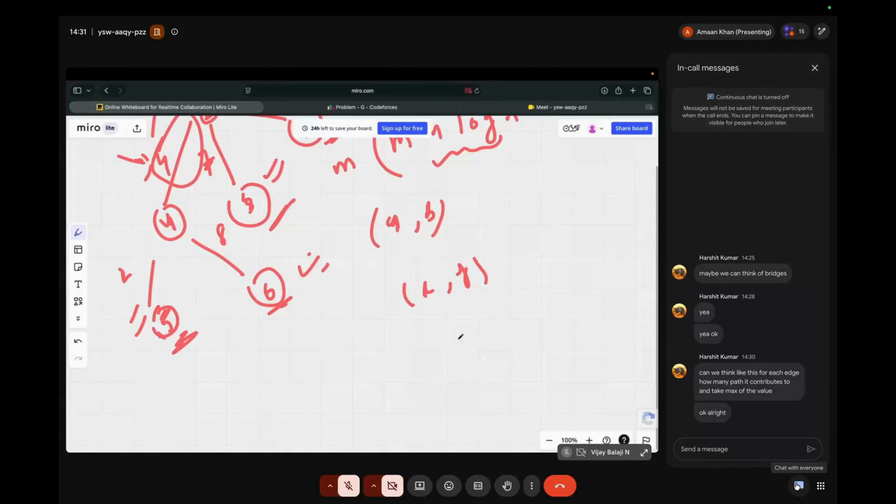Either the edge XY was originally in the path AB or it wasn't. If it wasn't in AB, then the distance remains AB. But if it was in AB, then the shortest path length from A to B is either this, only these two things are possible, plus YB, or this